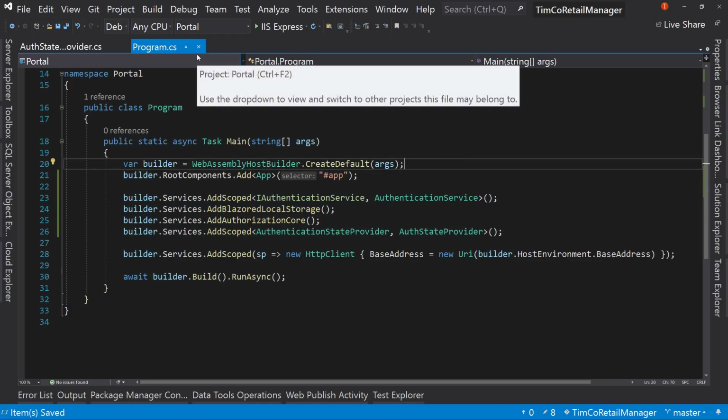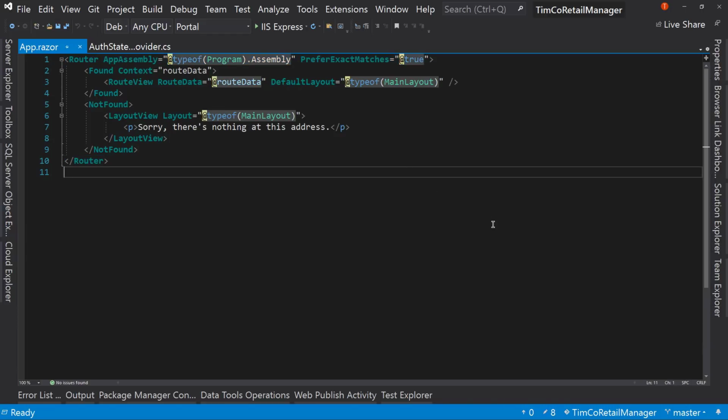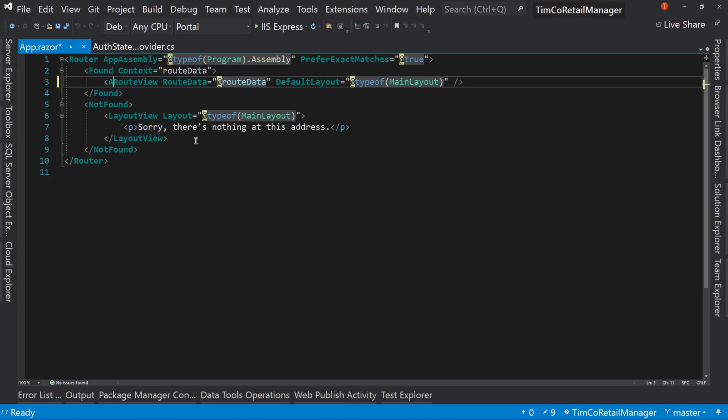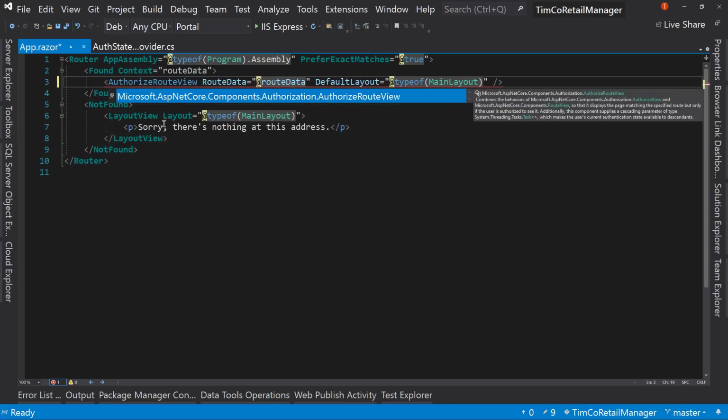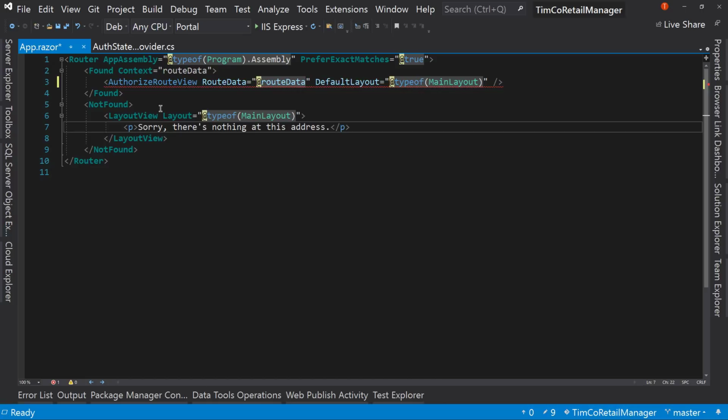Okay. So one last thing to do in this lesson is we gotta go to app.razor. Now in here, we've got this router that's set up for not using authentication. There's no setup here for using authentication. So what we're gonna do is change that. So if we found the route, right now it just says, okay, go to it. Well, we're gonna change that to authorize route view, which is going to yell at me because it says, hey, I don't find that markup element. That's because we need to add some information to our